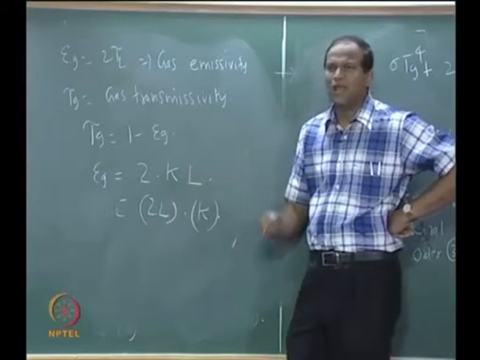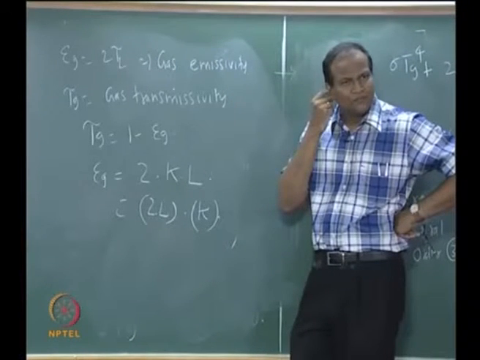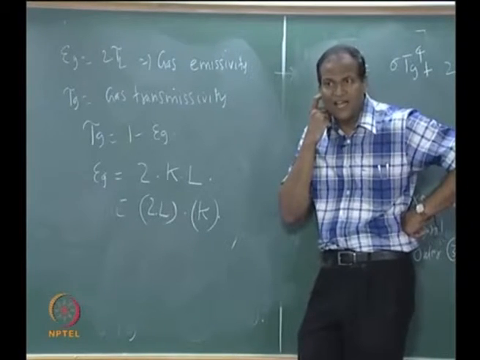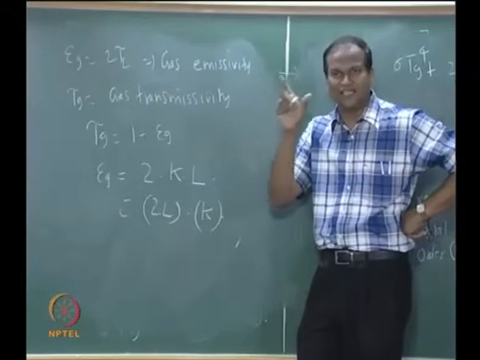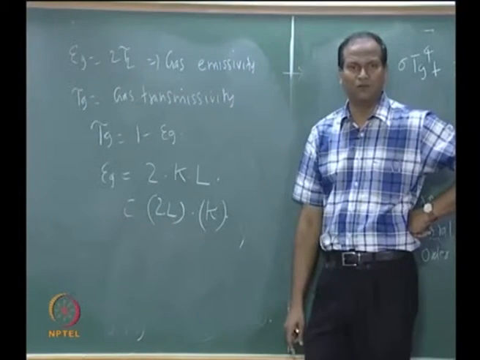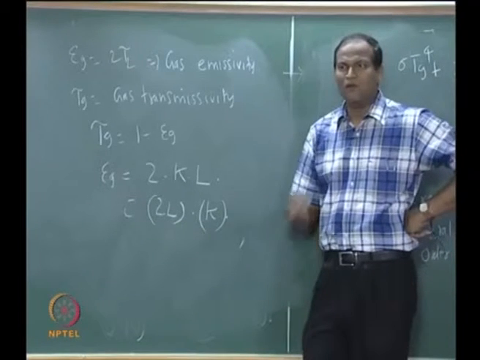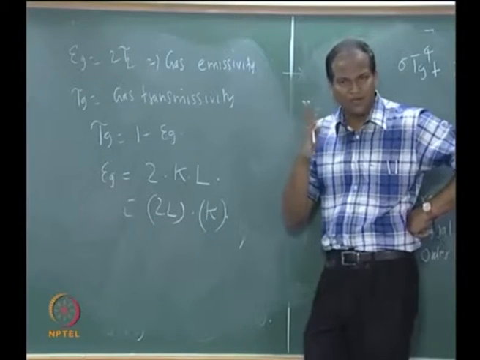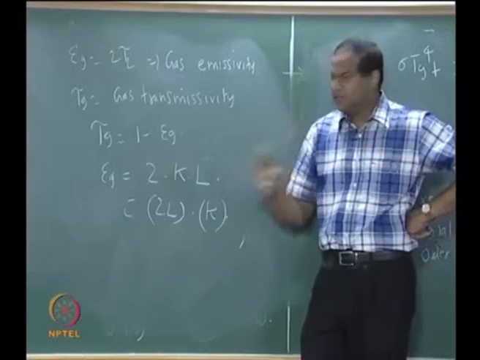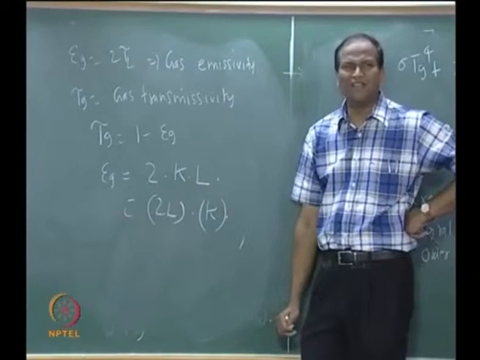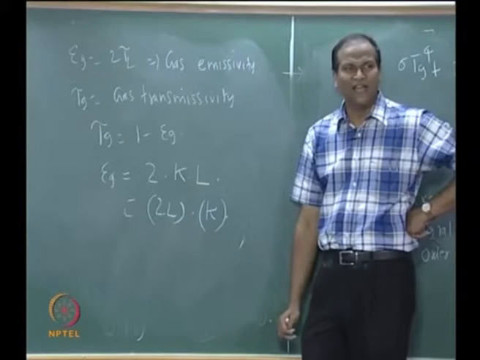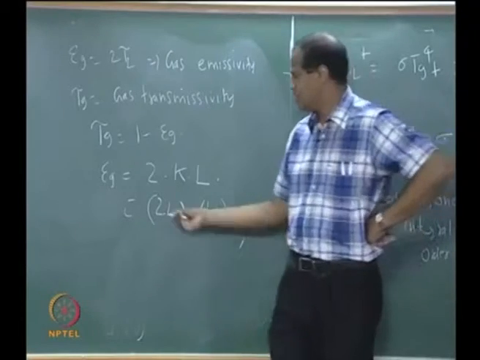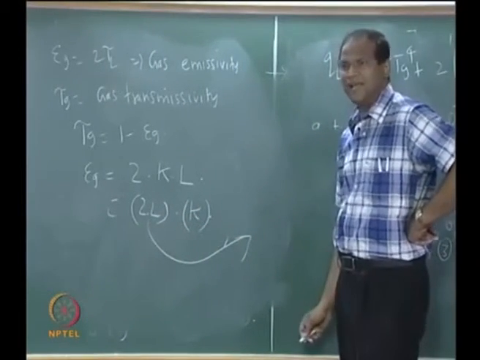What is this 2L? This 2L represents the mean path travelled by all rays in arriving at the area element A, which was located at a minimum distance of L from the wall, because for cos theta equal to 1 it will be just L, for all the others it will be L by cos theta, and the L by cos theta keeps changing. So this 2L is some sort of an average or mean length which a ray travels before hitting this area element dA. So this is called the mean beam length.